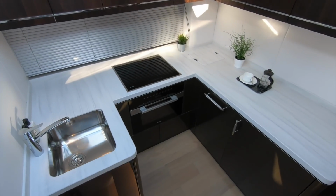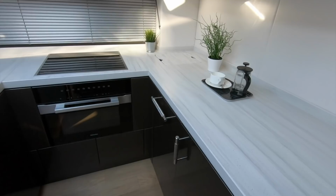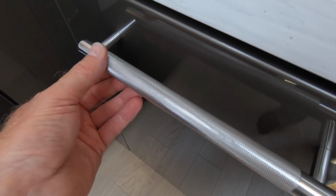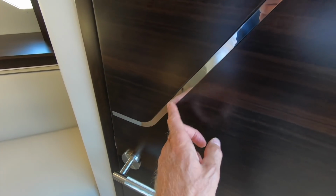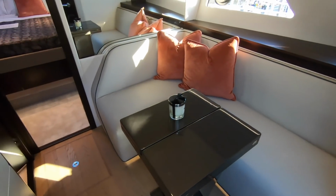Galley is still down on this boat, but it does mean you get a really big one. Lots of work area and some lovely detailing going on here. If you look at that handle, there's a lovely milled finish to the handle. And in fact, everywhere, even the doors to the day heads, you can see some of the detailing going on there. This little inset stainless steel, again that milled door handle, little saloon area,